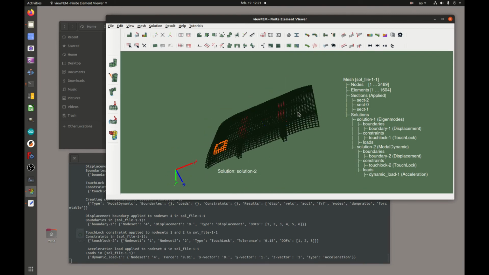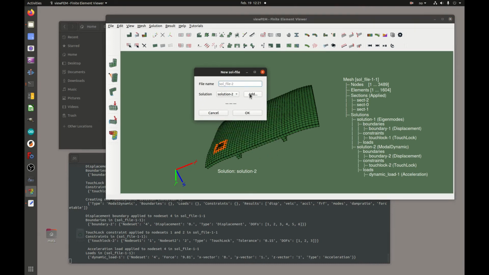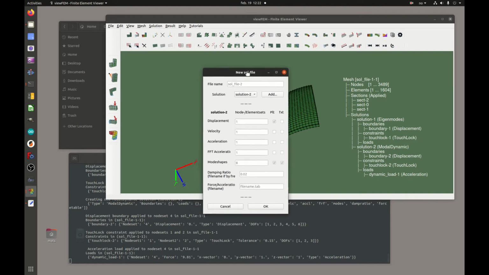Then we have everything we need here, and we can create the solution file. So let's call it solution file 2. Now we don't need solution 1. We already looked at that one. So let's just add solution 2, and we want to see the displacements at the dummy mass element. So that's node set number 3. Let's also look at the accelerations there,